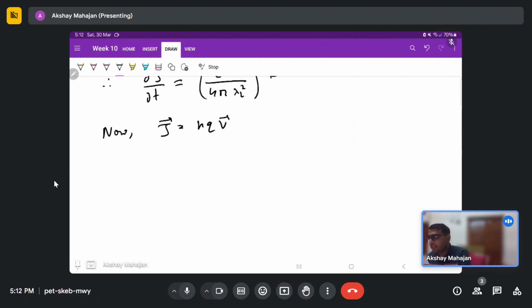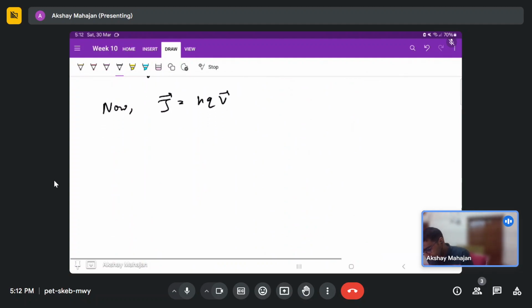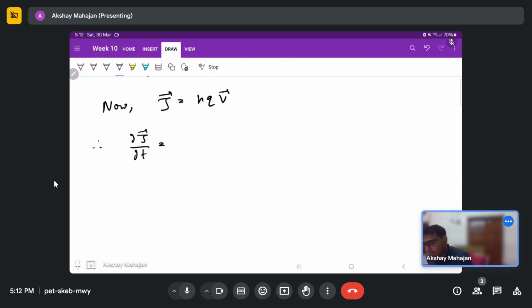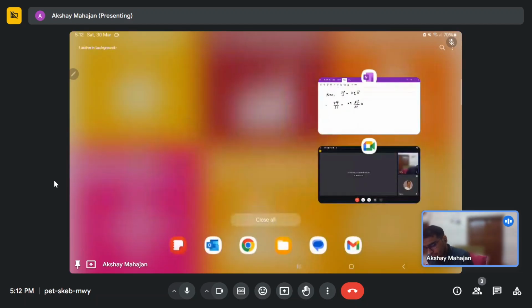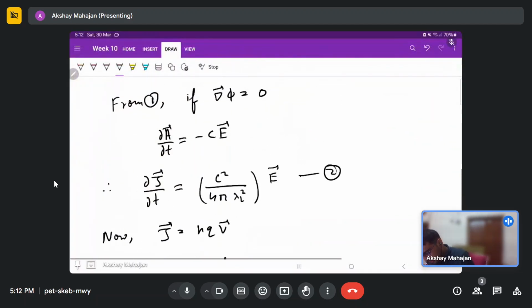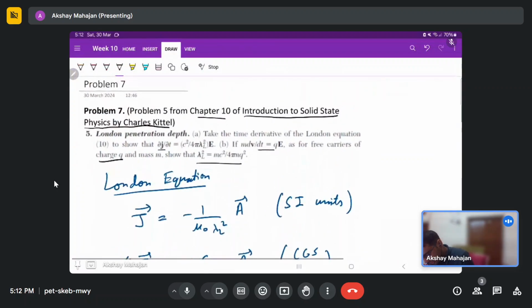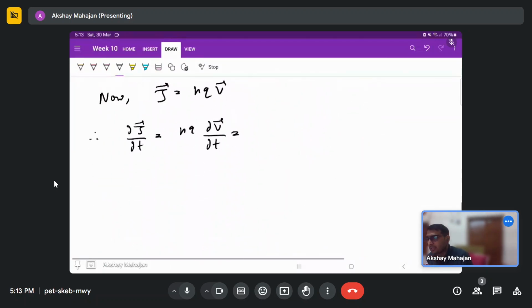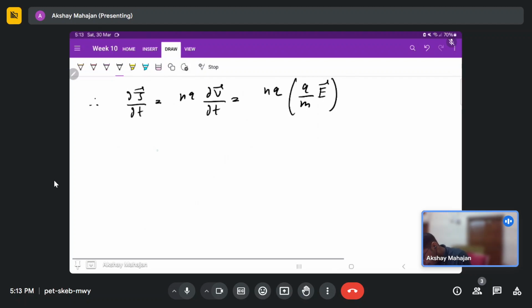So if we use that, then therefore this del J vector by del T will come as nq times del V vector by del T. Okay, and this is given to us. We can also use m dv vector by dt equals q times E vector. So this dv vector by dt, I can write it as nq times q by m times E vector. So what we get is del J vector